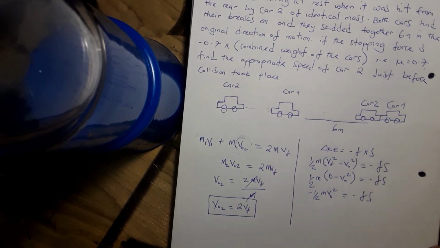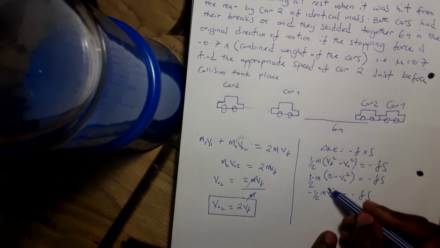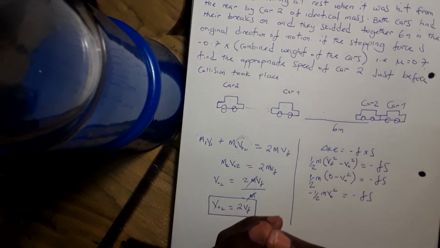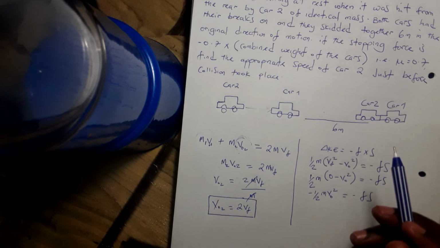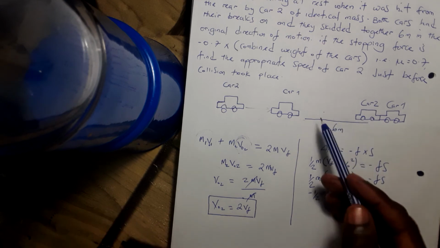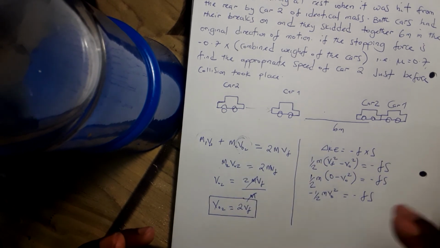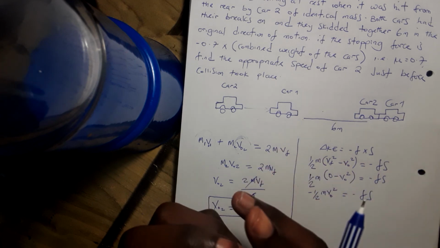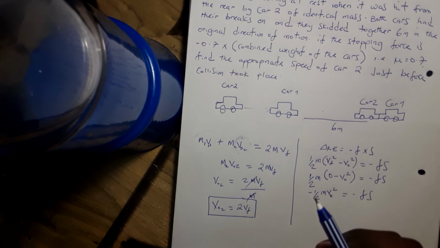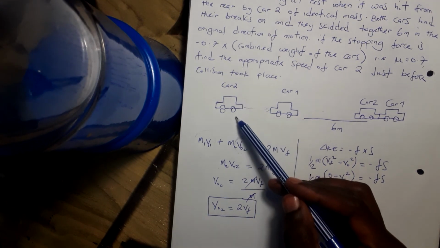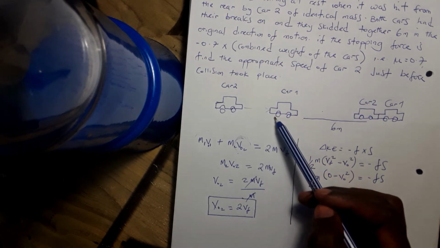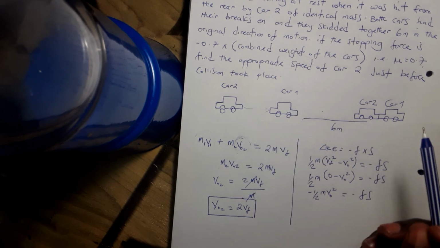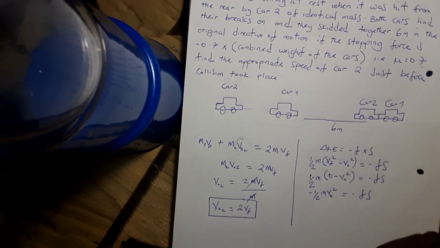Okay, so the thing here is that our initial velocity on this part, from the time they got together, the initial velocity of the cars moving together is the same as the final velocity of car 2, because that was the point at which it hit car 1 and changed its velocity. So we shall have, okay,